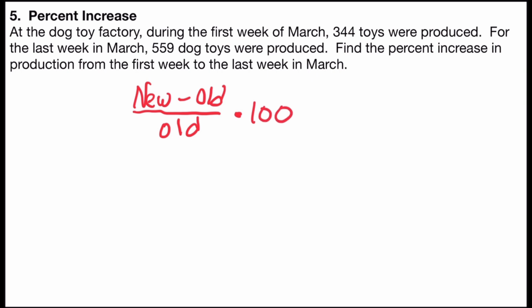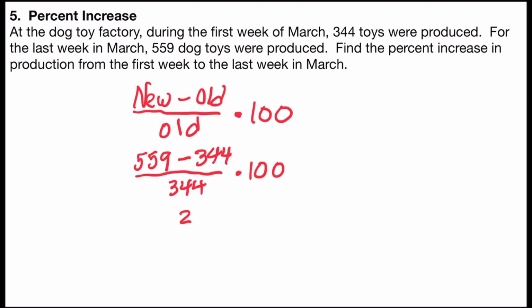So the new amount is 559 dog toys minus the old or original amount, which is 344 dog toys, divided by 344, which was the original amount. And after I find that value, I'll multiply it by 100. So if you punch 559 minus 344 into a calculator, you get 215. So 215 divided by 344 will give you